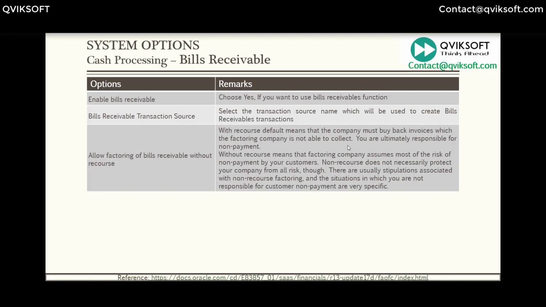Now, if you have with recourse, then it means that even though I've sold the invoice to them, I'm still responsible if the other party, my customer, finally doesn't make the payment to that financial institute. So I'm still responsible. The other option could be